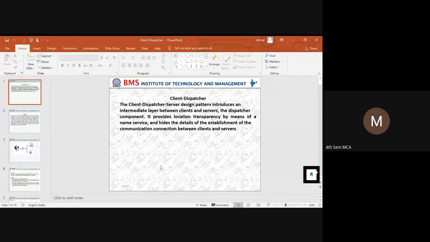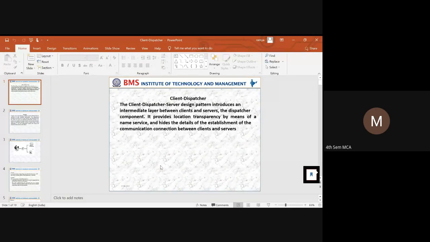What this dispatcher component provides is that it identifies the name of the service, and it forwards all the services requested by the clients. But all the implementation details and other details are hidden in the dispatcher component.